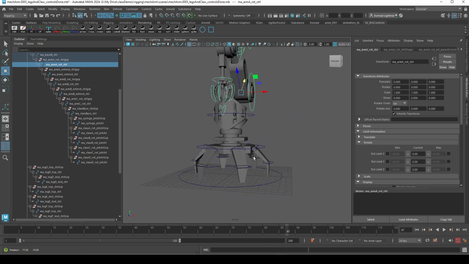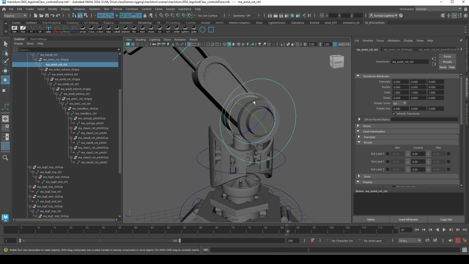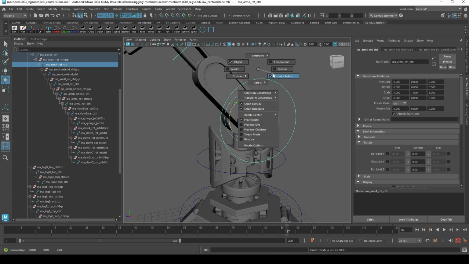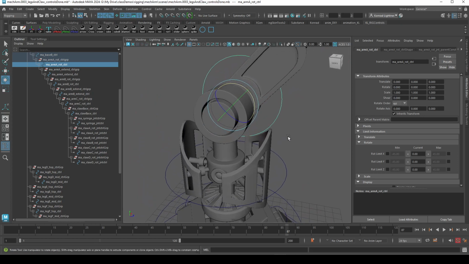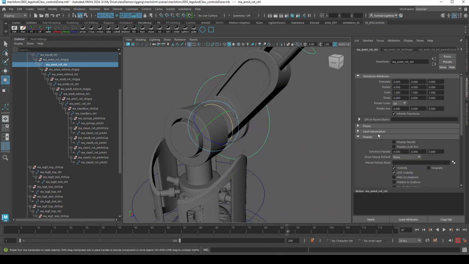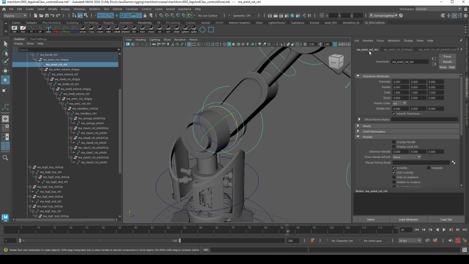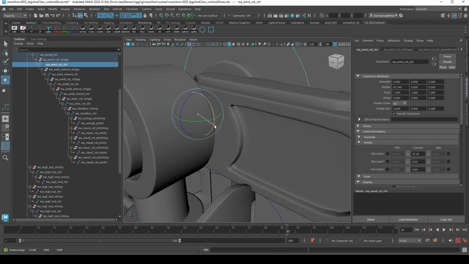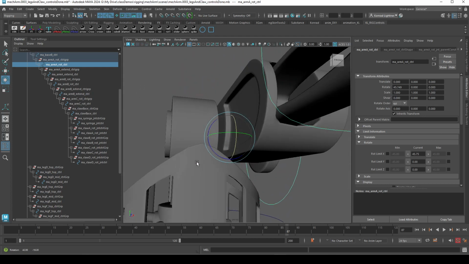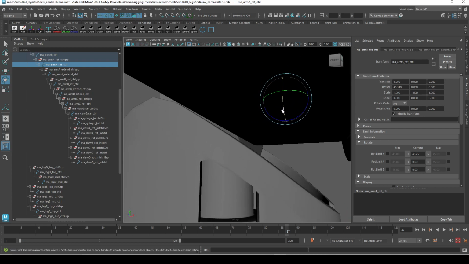So for instance, when you look at this control here, if I rotate this, let me turn off the screen, we know we don't want it to go into this piece here. So what we can do is select it, then go to the transform attribute editor section here, then go over to limit information, then go to rotation, and we want to rotate it to right before the area where it starts to break, or go into each other a little bit,